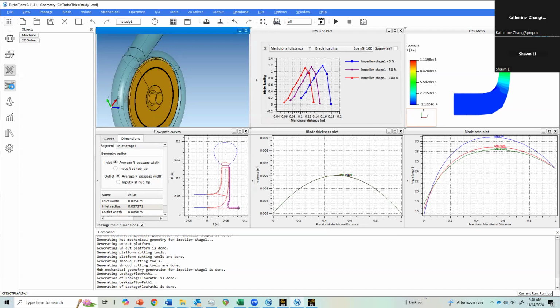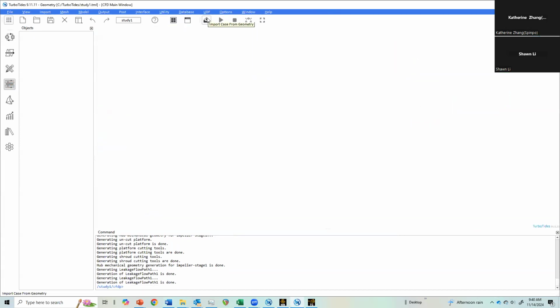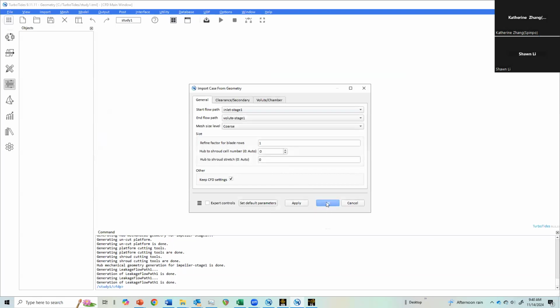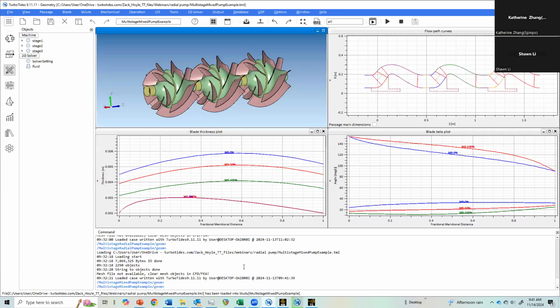I don't have time to go through all of them, but just to move on to the next step here, our CFD module is a very simple, easy to use tool where all you need to do to generate the CFD setup is to press this import case from geometry window, where we have some options over how we can define the mesh, although we have expert controls for that as well. But while this is generated,